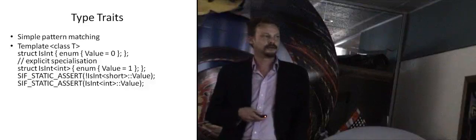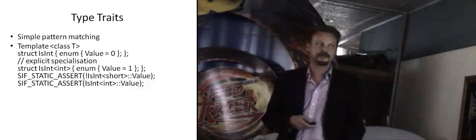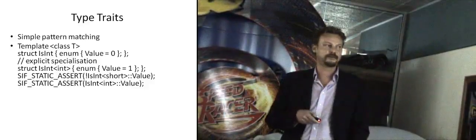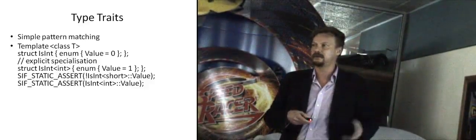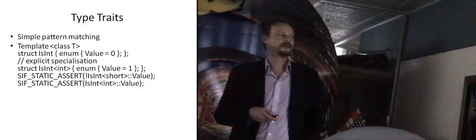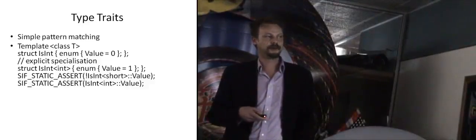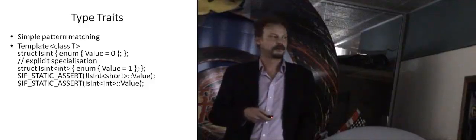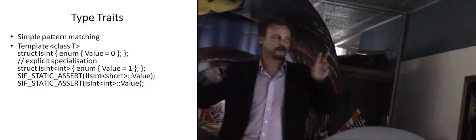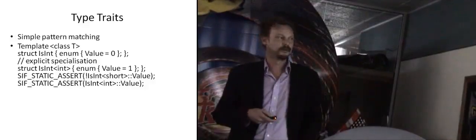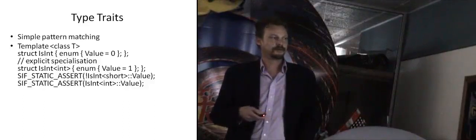We have a structure here called is_int, and this is standard practice for how to nest a value and use it at compile time. So you think of this as a compile time int almost, but what we're saying here is, here's a metafunction, if you like. It returns its value here, and it takes as input this type. When you call this function at compile time, you pass in a type, and it'll store its result in here. And this is the signature for our metafunction.